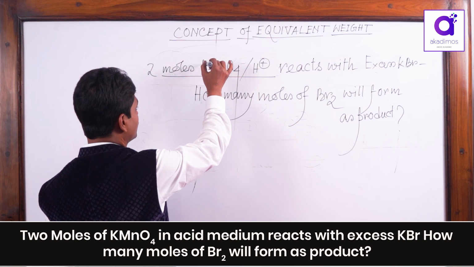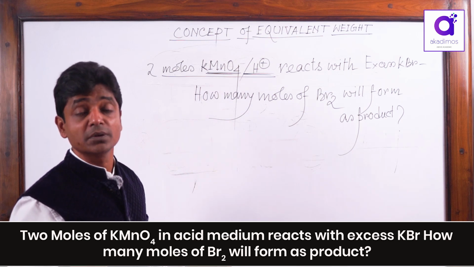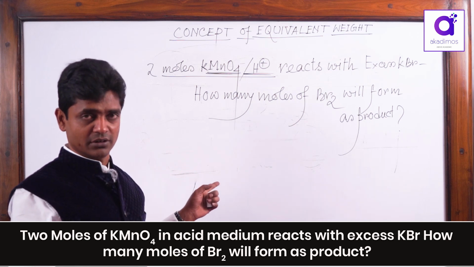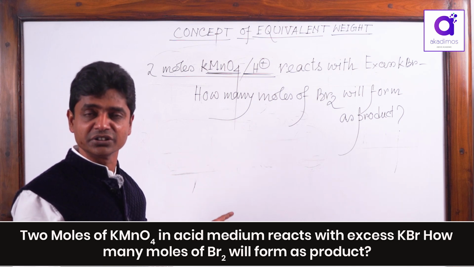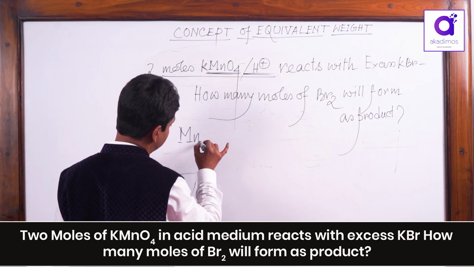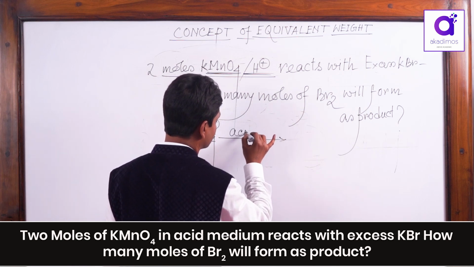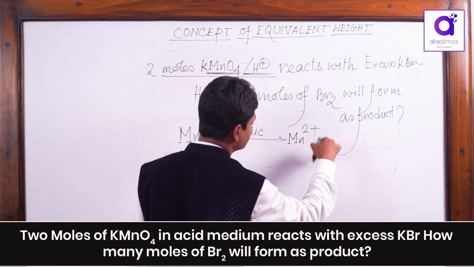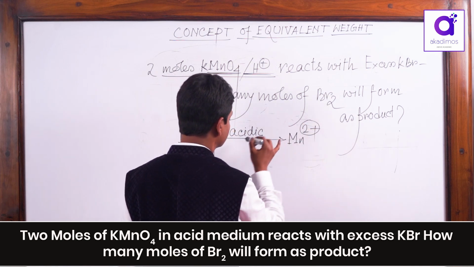You want to know that permanganate in acid medium reduces to Mn2+. It is associated with 5 moles of electron transfer, which I discussed in the previous video on the concept of equivalent weight. That you have to know. MnO4 minus, the medium is acidic, it will reduce to Mn2+. From the oxidation numbers, it is +7 to +2, so 5 electrons